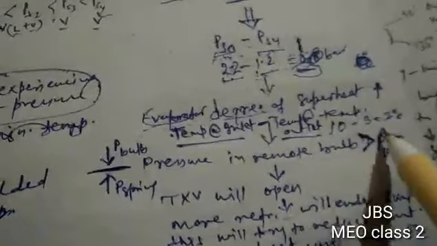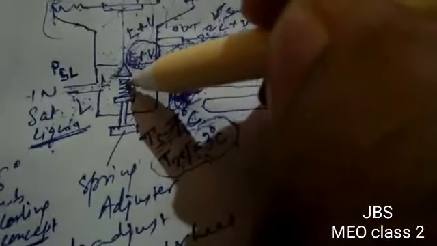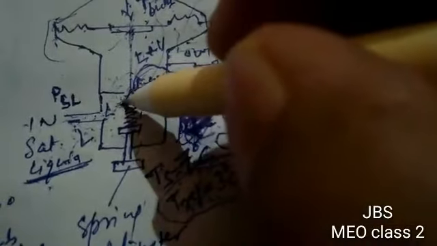Now one thing is there, we don't want degree of superheat more than 5. It should be up to 5, but here we are getting 7 degrees C. So what happens is that for this degree of superheat, that P bulb is more than the spring pressure acting over here. So this pressure will push the diaphragm below, and this valve will get open, more refrigerant will come into the evaporator.